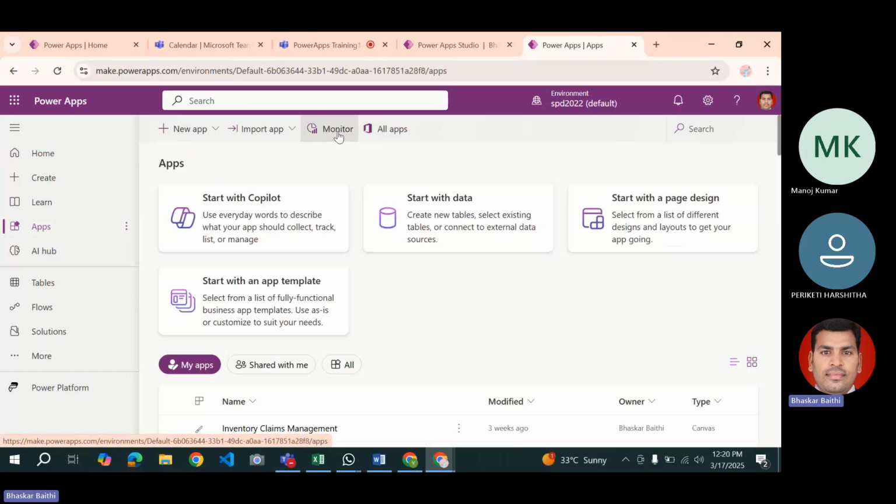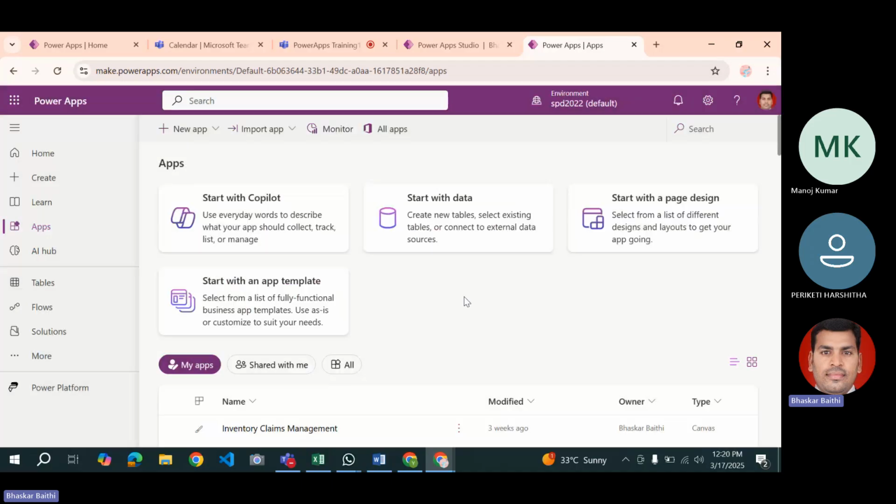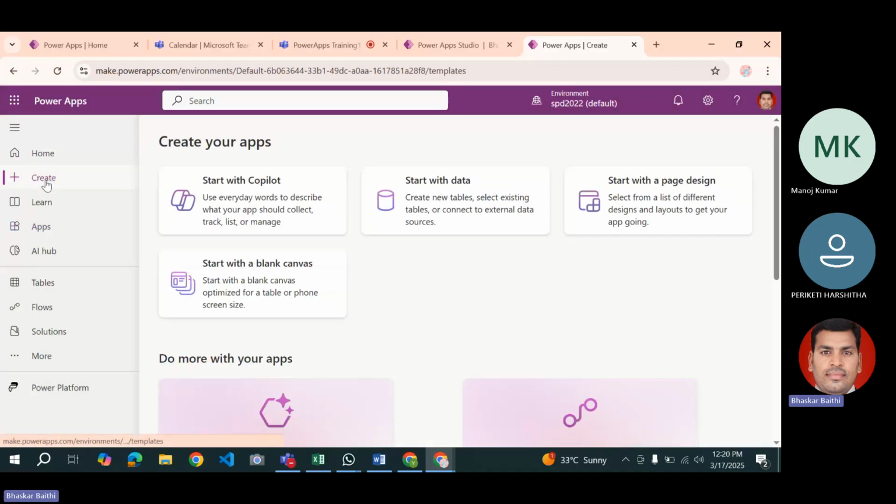Monitor, you can monitor any errors like that. If you click all apps, it will show all the apps. Now we are going with the new app. If you click the new app, start with Copilot, page design, and template are there, right? If you go with start with Copilot, we don't have the environment for that. That means if you have Dataverse tables and an existing environment, you can go with that one. Or else if you go with create,